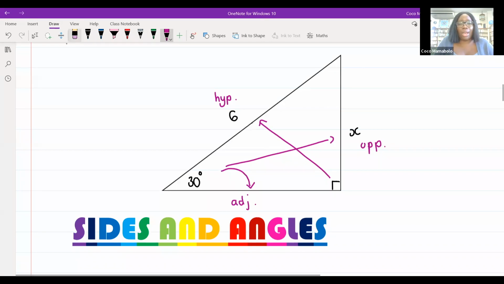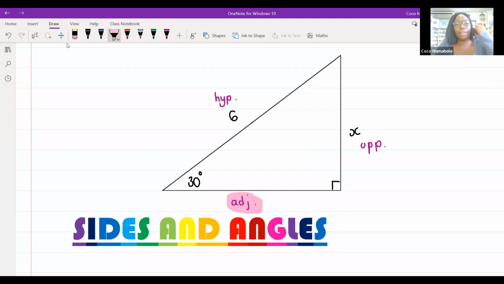Hypotenuse. Now, I want you guys to have a look at all the information we've got here. We know that we've got an adjacent side, but we haven't been given a single number or value for it. And I'm just going to write my mnemonic device over here: SOH CAH TOA. So in order for me to figure out what my X value is,